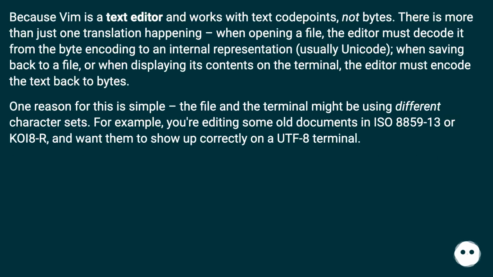Because VIM is a text editor and works with text code points, not bytes. There is more than just one translation happening. When opening a file, the editor must decode it from the byte encoding to an internal representation, usually Unicode. When saving back to a file or when displaying its contents on the terminal, the editor must encode the text